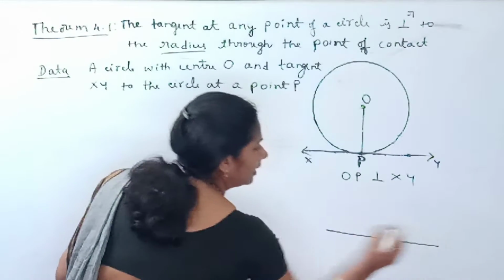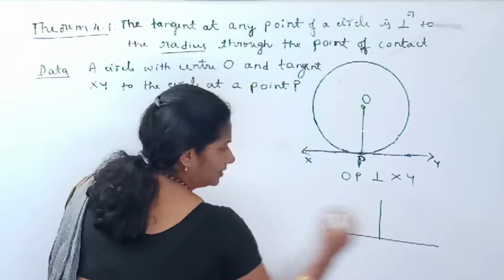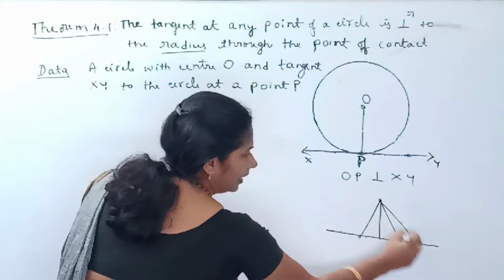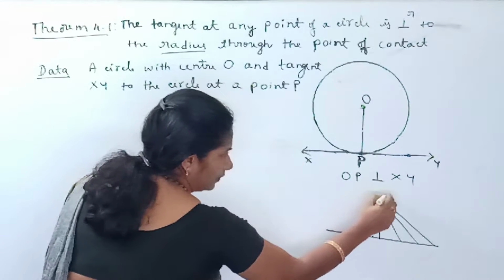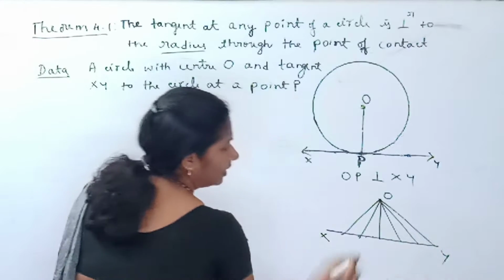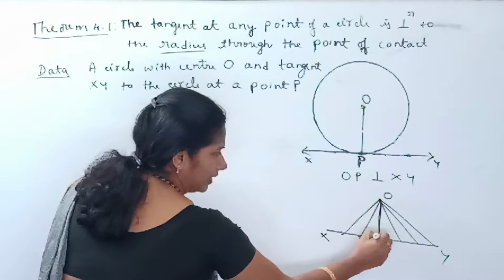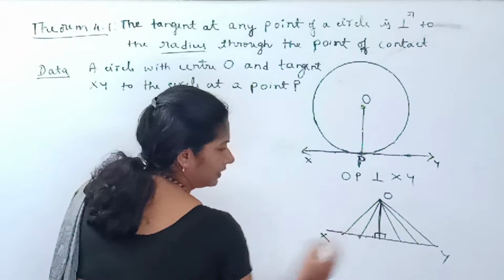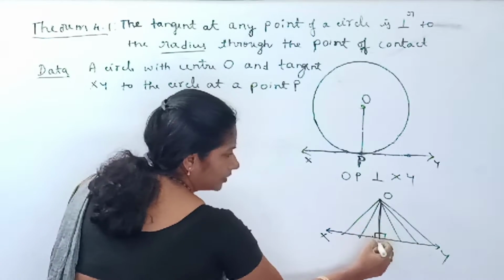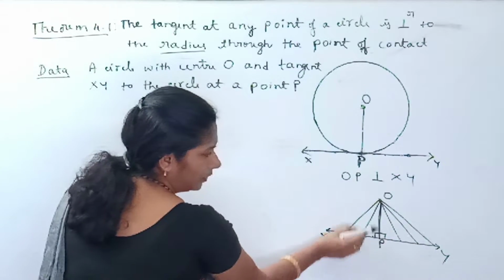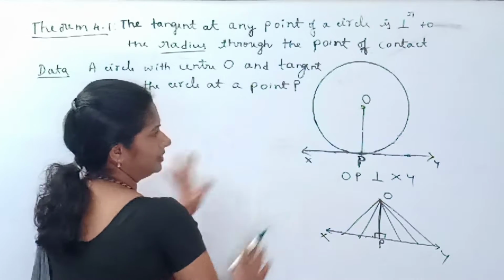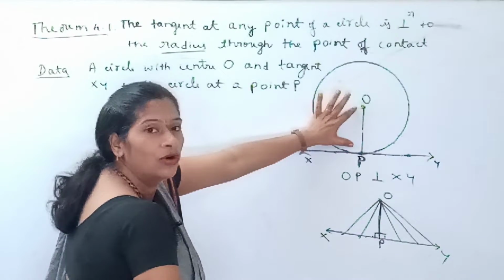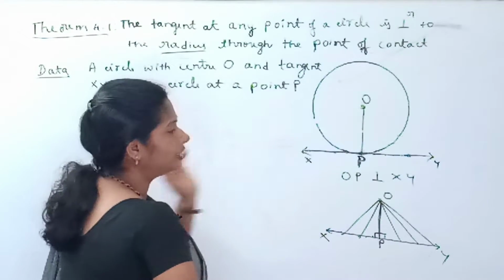If this is a line, then this is the shortest distance compared to all other points. I can draw like this, anywhere: these are all distances from point O to points on XY. And the shortest distance is this one, isn't it? This shortest distance is always perpendicular to the given line XY. Let me take this as P. Now we have to prove that OP is the shortest distance. If you prove OP is the shortest distance, then that shortest distance is always perpendicular to the tangent. So let us prove that.